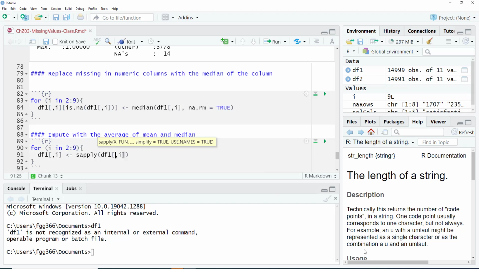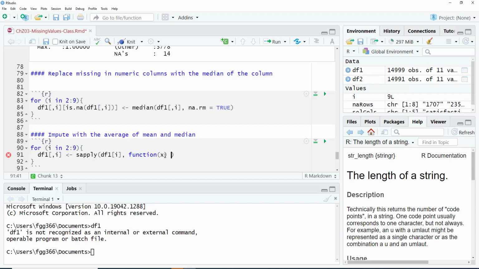all rows and i. No, we're not going to use all. sapply, we're going to feed vectors in. So we're going to take the first column and send it into the function. Take the second column, send it into the function. sapply, take the column i, send it in there.